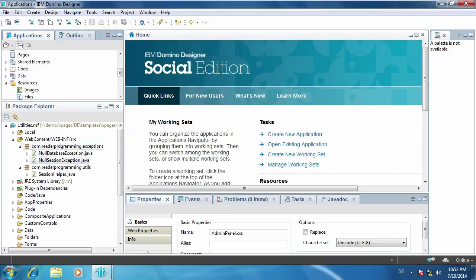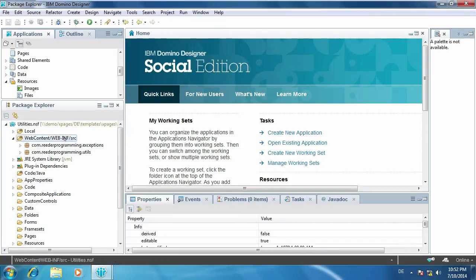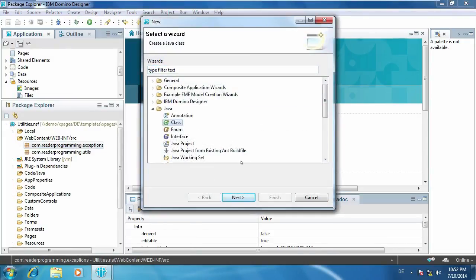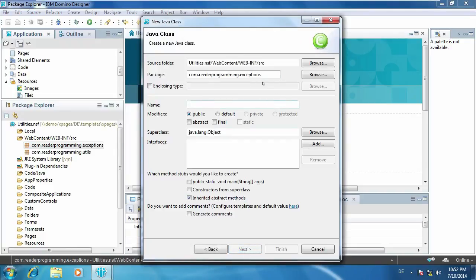So let's get started. First thing we're going to want to do is right-click on a package, go to New, Other, Class, Next. Here we can define the package we want it in. We're going to call this error handling. Com.readerprogramming.utils.errorhandling